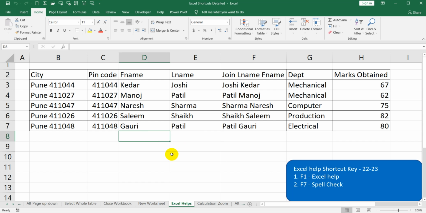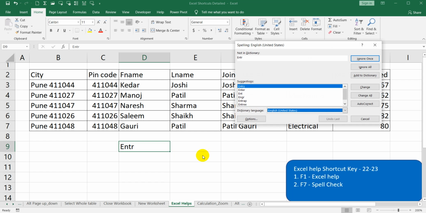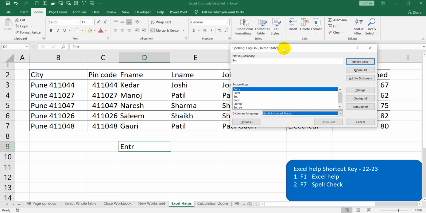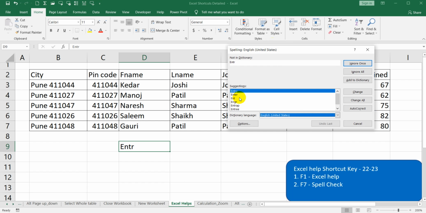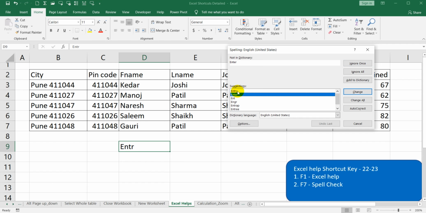Again, if you want to check the spelling of a word, then we can use spell check with the help of the F7 shortcut. So let's consider the name, enter. We'll use the enter and let's press the button, that is F7, and with F7 you can see the spelling window pops up over here, and you can see the suggestions.